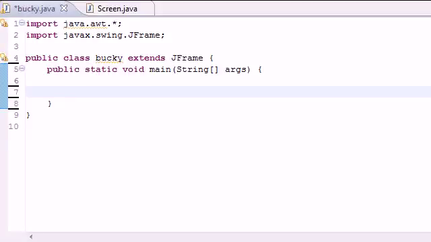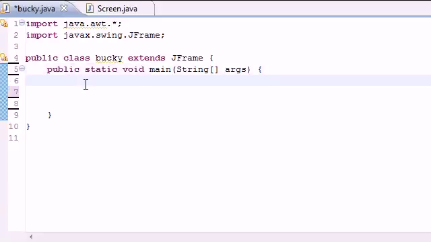Welcome to your 5th Java game development tutorial, and in this tutorial we're going to be working with our main method here and actually building some stuff to display what we've been working on in the last couple of tutorials. So the first thing that I'm going to teach you guys how to do is use this, it's called